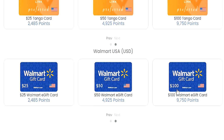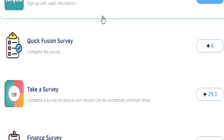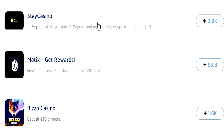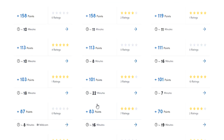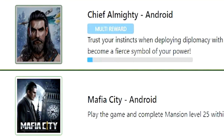thing to do on there because all you need is $1 worth of PayPal in order to cash out on Keep Rewarding. It runs on a point-based system where 110 points or so equals $1 worth of USD. And like I mentioned everyone, you can easily earn this $1 worth of currency in literally minutes by completing a